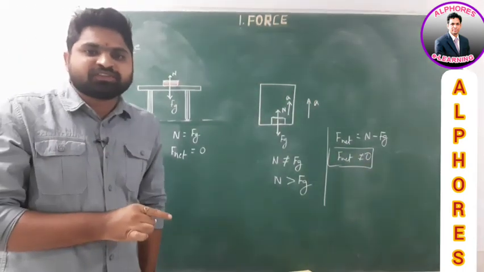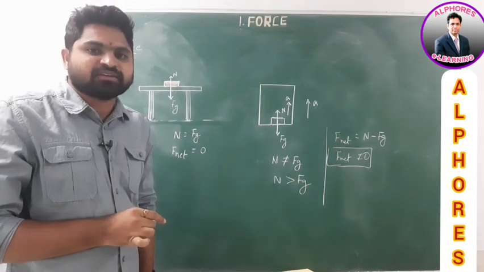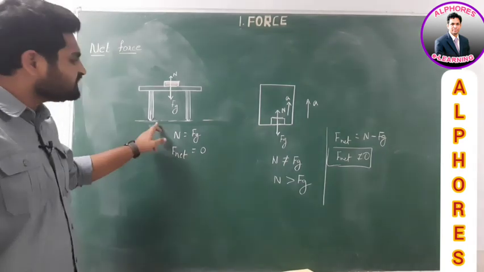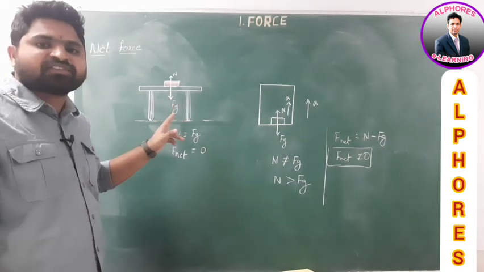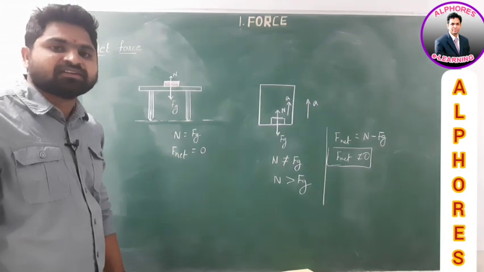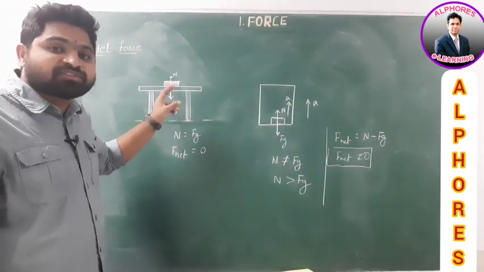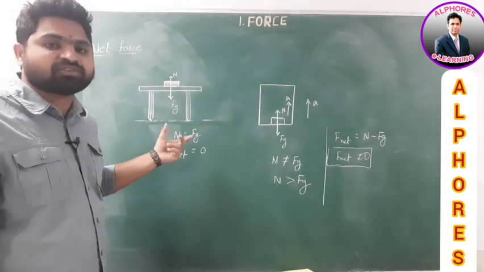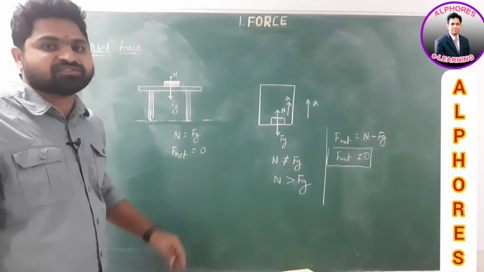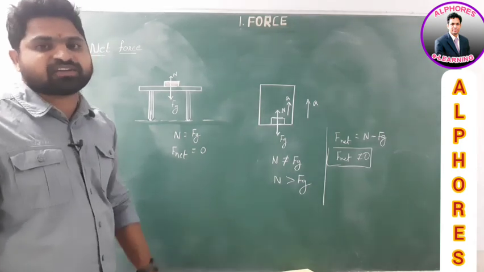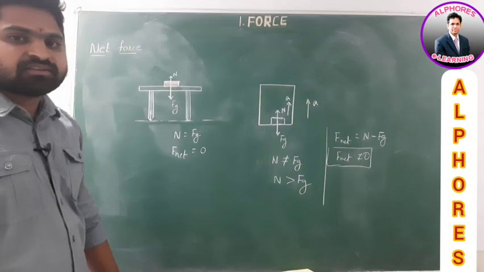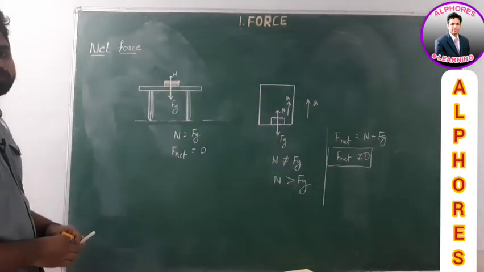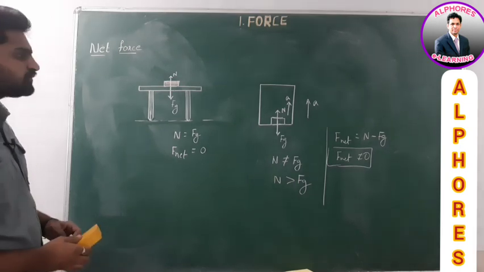When a body is moving with non-uniform motion, in that case the net force acting on the body is not equal to 0. Whereas in the case where the body is at rest, the body is in equilibrium position. I said, if it is in equilibrium position, the forces which are acting on this object are all equal but opposite in direction. So the net force acting on this body is 0 in this case. I hope you understand this concept. Next, we shall discuss the units of the force. This is about the net force. Next topic is the unit of the force.